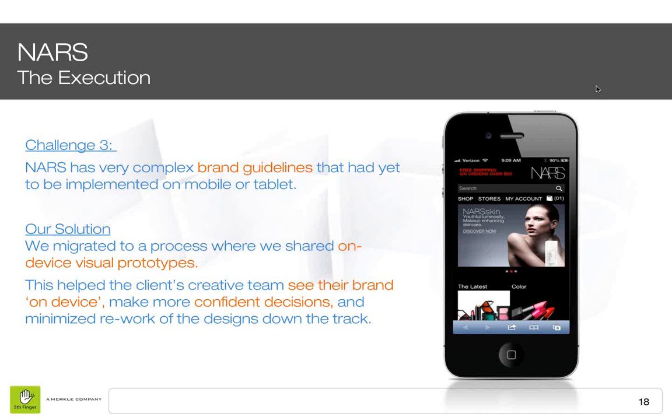The third challenge was that NAS had very complex brand guidelines that hadn't yet been tested or implemented in a phone or tablet experience, and in that touch environment there are slightly different considerations. We were worried that might slow the project down, because the client would be wondering how a certain PDF or screen image would look on a different device without really knowing. So we actually gave the client a number of different devices, and we set up a system where we could publish